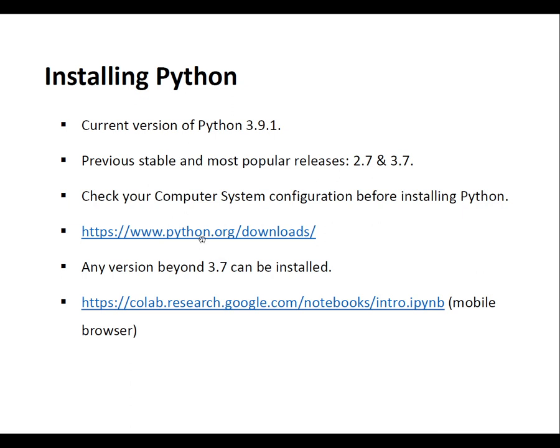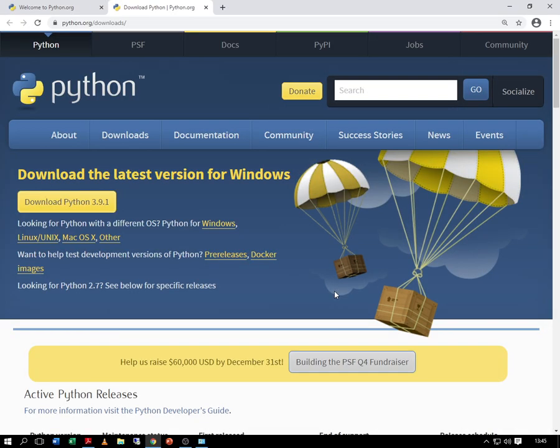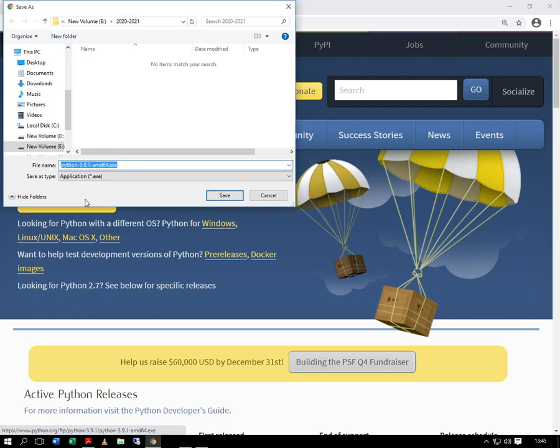So this is the link from where you can download Python. So just let us click over here. As you can see, directly the website comes up, and from here you can download the latest version. You can download over here. So I click on download. Since I have already saved or downloaded Python and kept with me, I am not downloading, but it will hardly take a few minutes to download the version of Python.